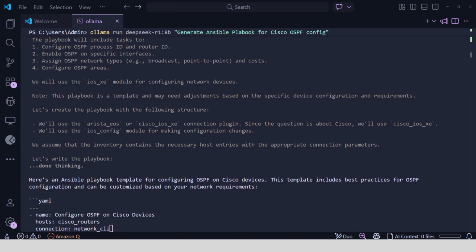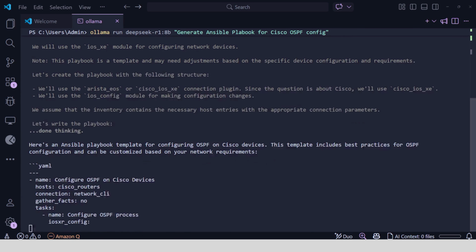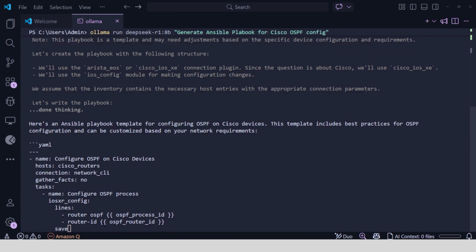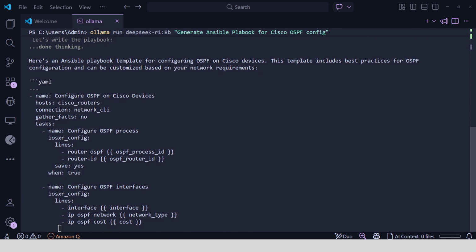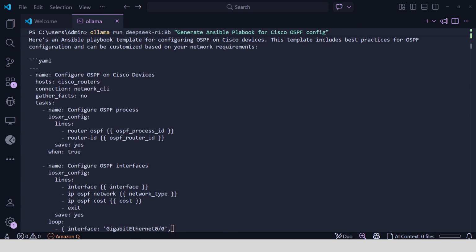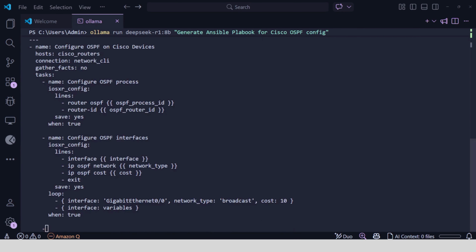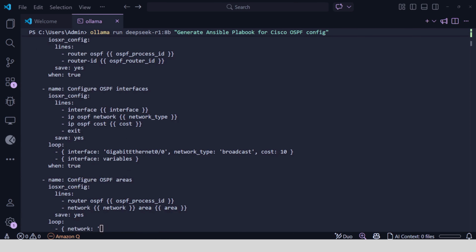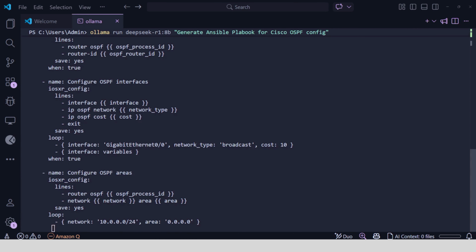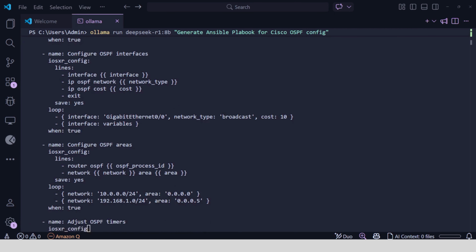It gives OSPF process configuration, interface assignment, area configuration, and so many other things. Now is it perfect? Not quite. It's using the IOS XR module instead of the IOS we want. And some of the syntax really needs tweaking. But the structure looks okay. And in the real workflow, this is where the human intervention and the review on GitHub come into the picture. And we'll cover that in the next video.